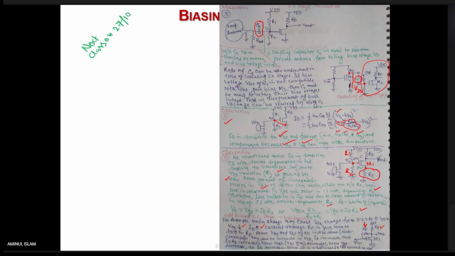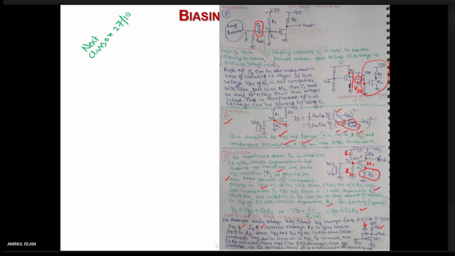You know why current is 0? Because the gate is insulated by SiO2, so virtually no current will flow through the gate. So current through RF is 0, hence no drop in RF. There is no voltage drop across this. Whatever voltage is at the out node, the same is here in this node. Hence VDS and VGS of M1 are the same.